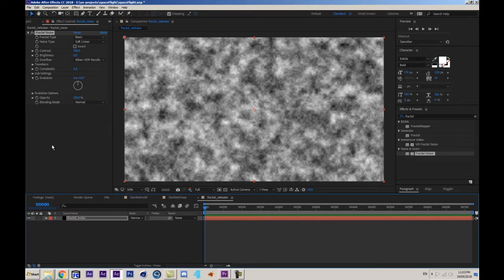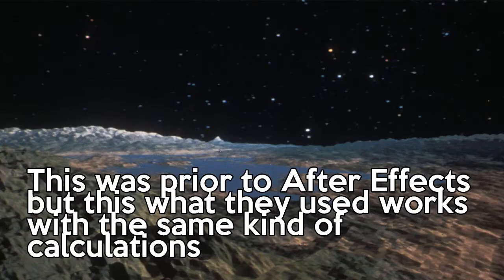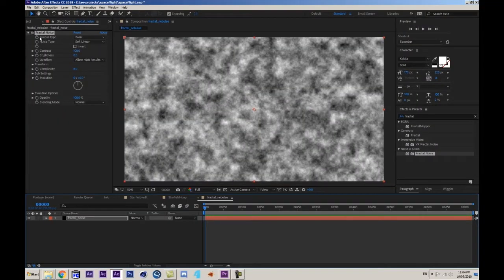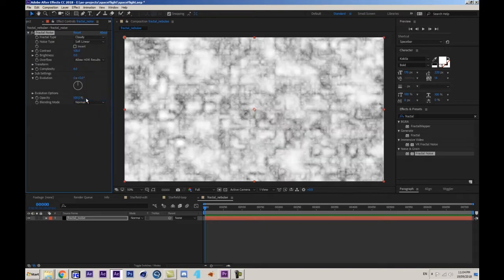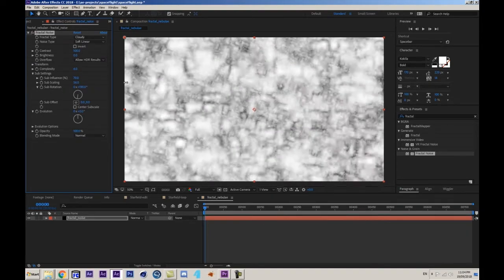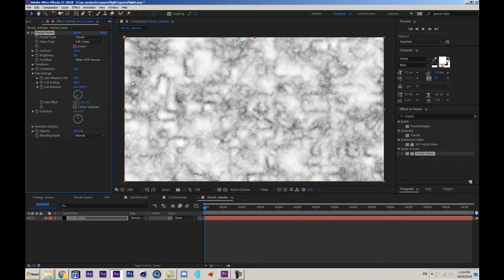It has been used for creating visuals in movies as early as 1982, for the movie Star Trek: The Wrath of Khan. So let's see what we can work with that. First, from the fractal type, let's choose cloudy right there. And let's get inside the sub settings here, and we can play around with the sub rotation until we get something a little bit more cloud-like, like this. And we can also maybe change a little bit the